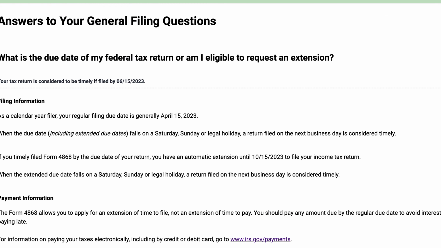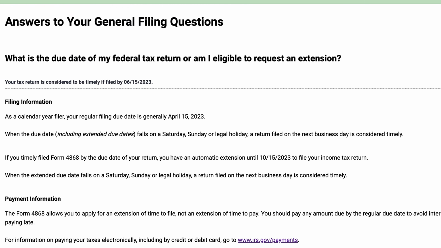So I'm going to take a brief moment out here to discuss a little bit about how the tax filing penalties work. There are two types of late penalties that people generally worry about when it comes to filing your income taxes. There is a late filing penalty. So if you did not file any tax return at all by the deadline